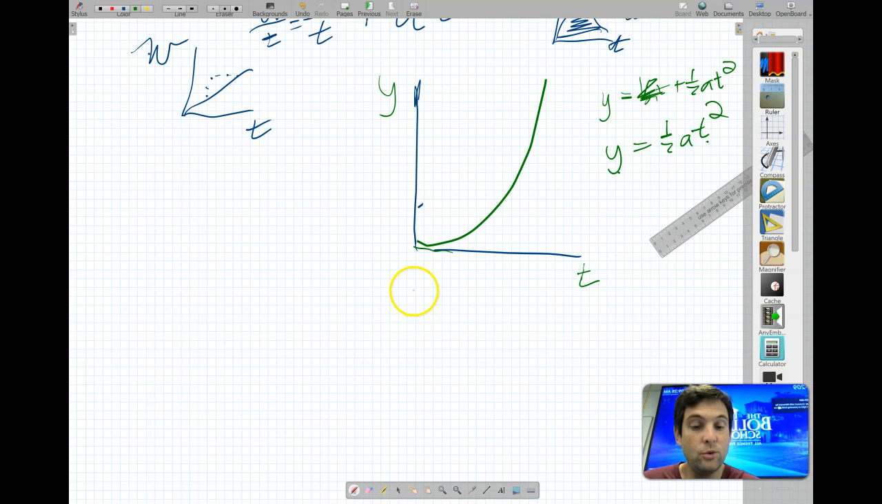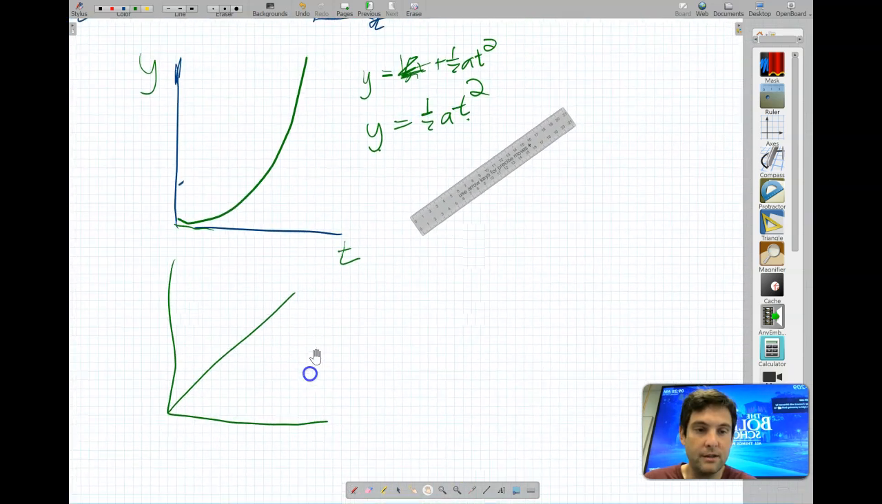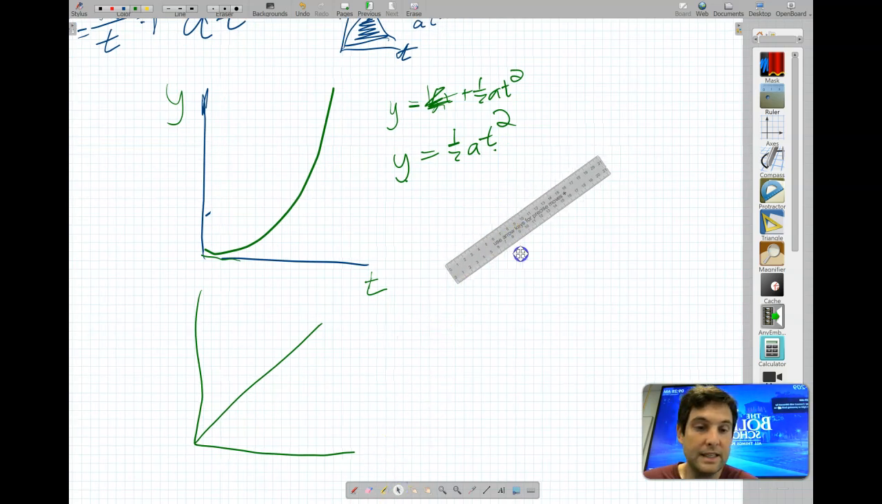Oftentimes you'll be asked to create a line of best fit, or a straight line that can be used to calculate the slope of whatever. Let's say we need to use the slope to calculate acceleration of this graph. I want a straight line. That's what it's telling me. Use the slope to calculate. That means you want a straight line. To get a straight line,